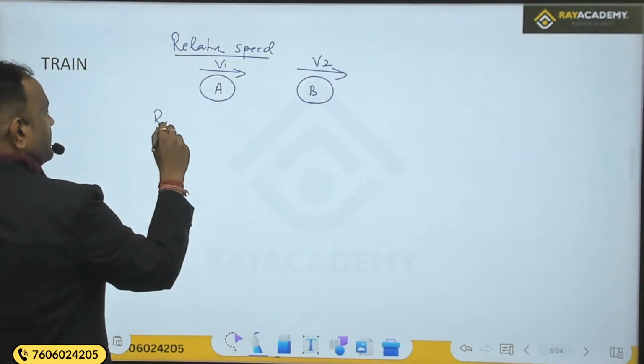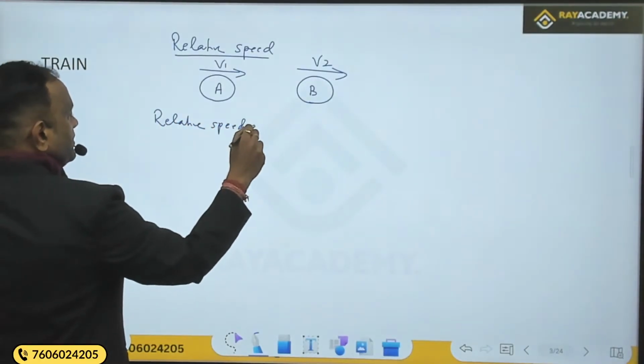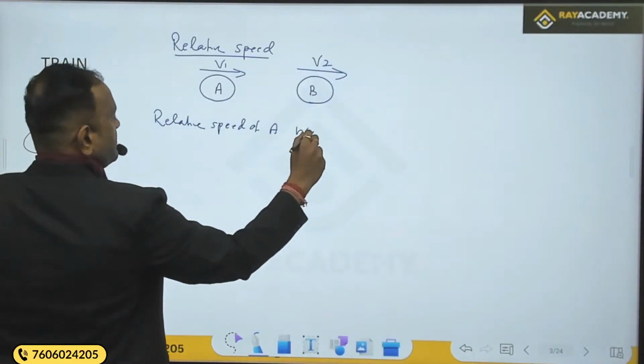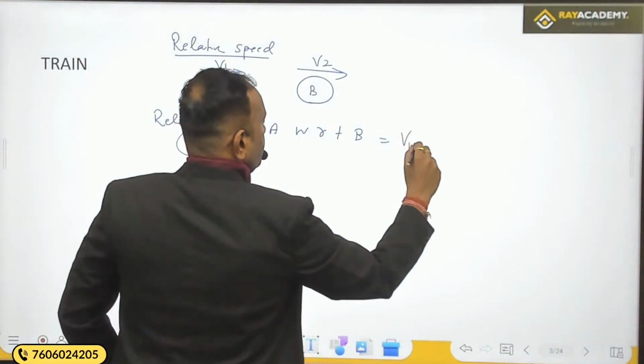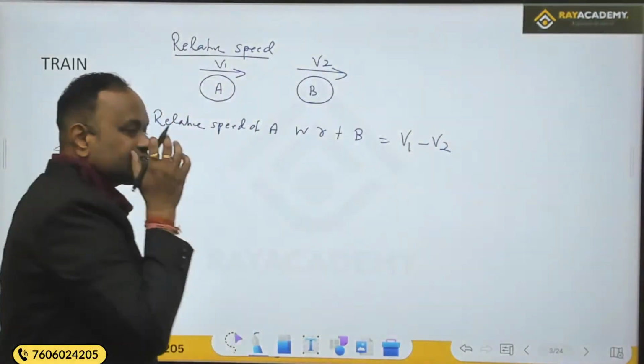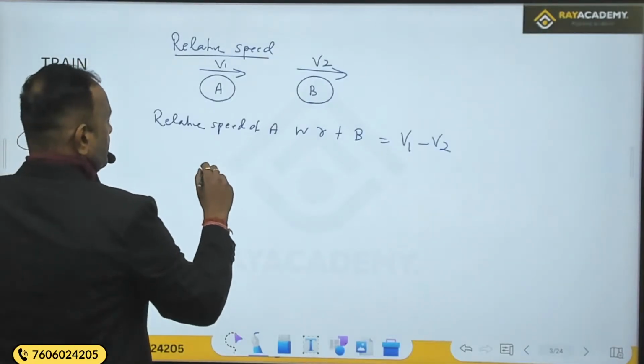Then the relative speed of A with respect to B will be v1 minus v2. If they are traveling in the same direction, you have to subtract, v1 minus v2. If they are traveling in the opposite direction,